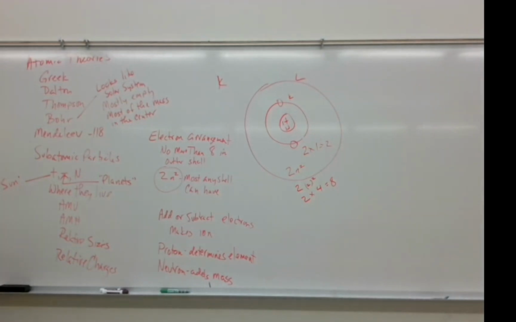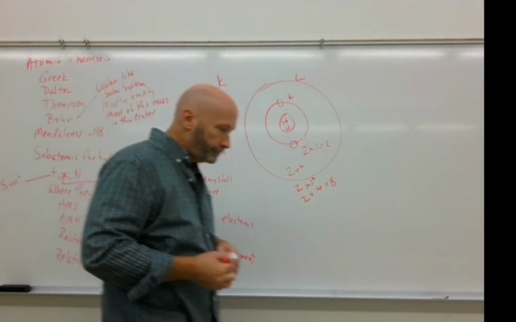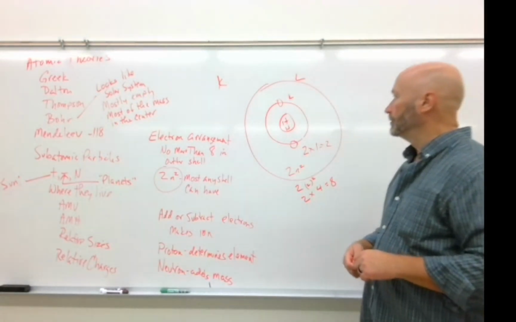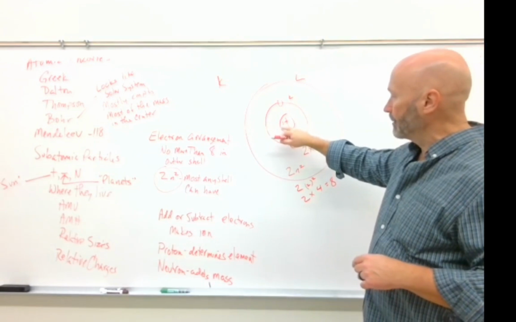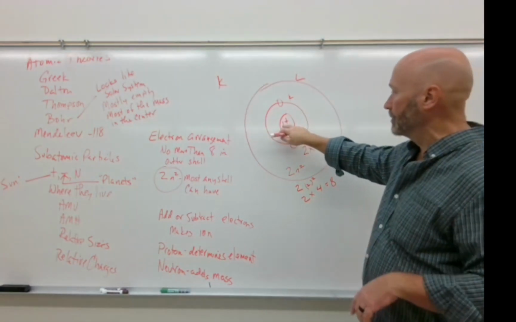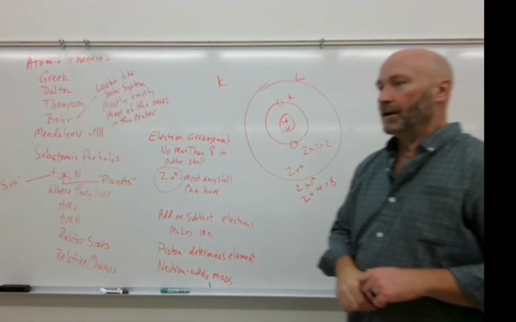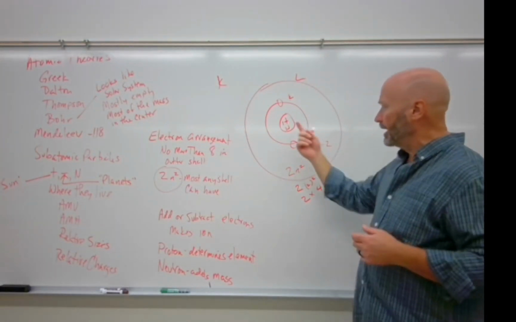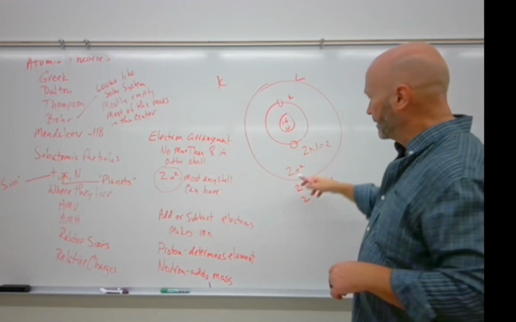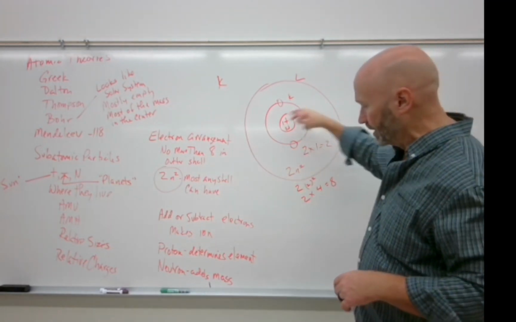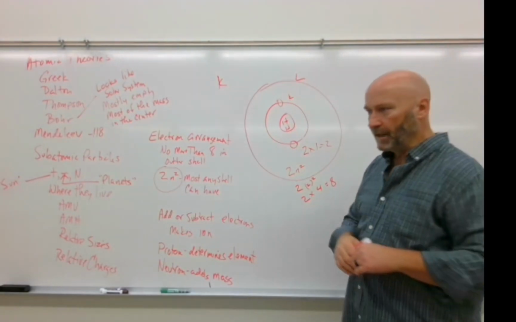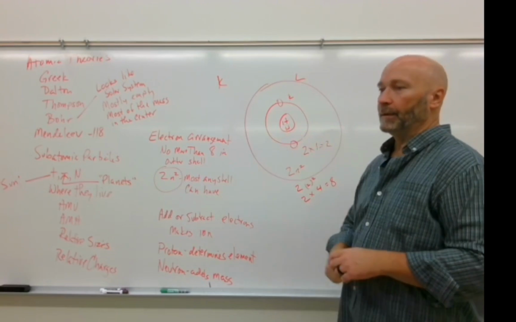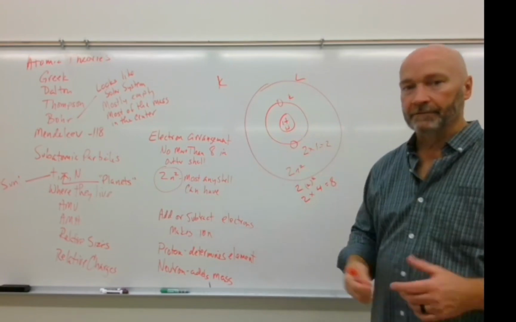All right, so back to the solar system model. Mainly what we're looking at is two things in the solar system model. One is that the atomic mass number of the proton and neutron are massive compared to the electron. They both have a mass of 1 compared to 0. The electron is so small, it almost doesn't exist, right? So these are tiny, but in comparison to that, they're massive.